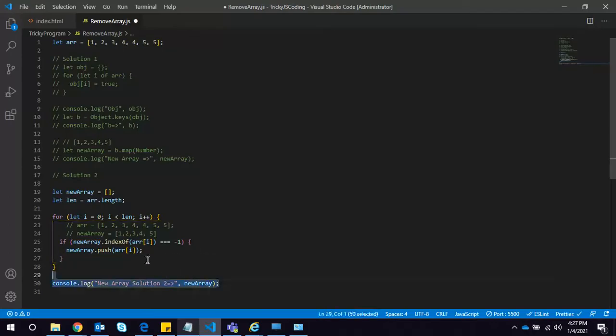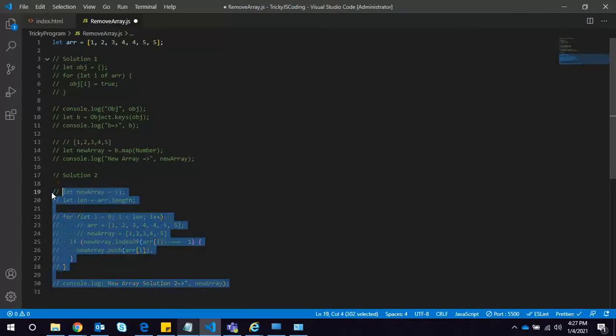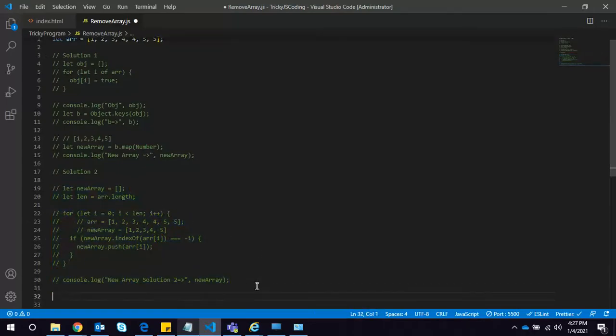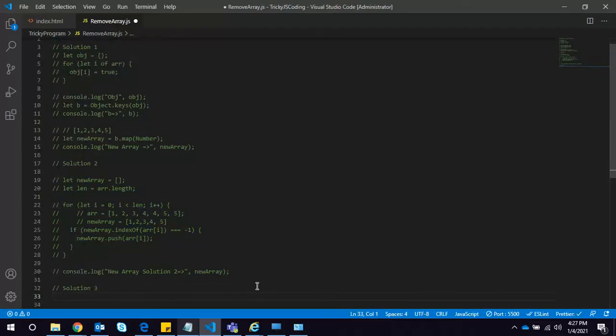Now the third solution is like a one-liner. It's not recommended, but you can use it.